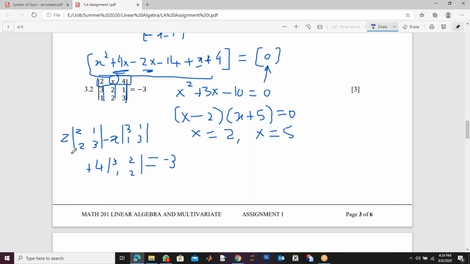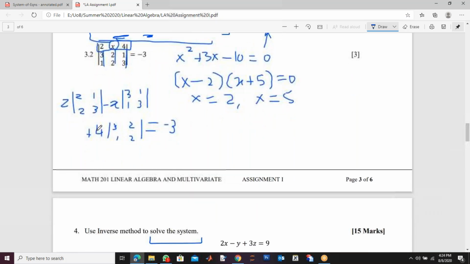Now if you simplify, this is 3 times 6 minus 2, 4. So 2 into 4 is 8. This is 9 minus 1, which is again 8. So you got minus 8x, right? And this is 3 times 6 minus 2, which is 4. So 4 plus 4 is 16, 4 into 4 is 16, equal to minus 3. So again, you see, this is an equation in x. So from here you can easily find x.